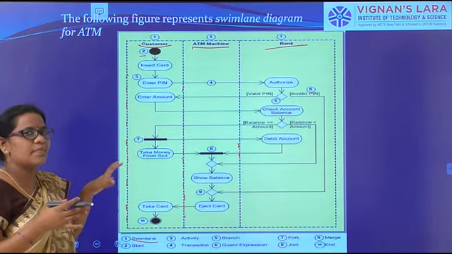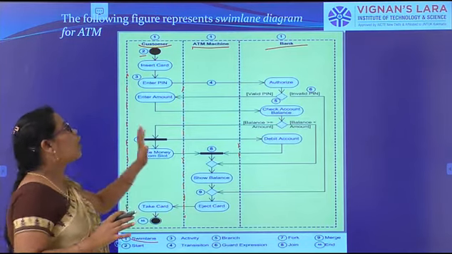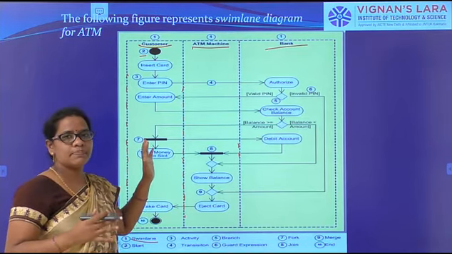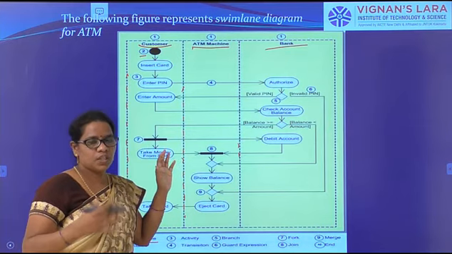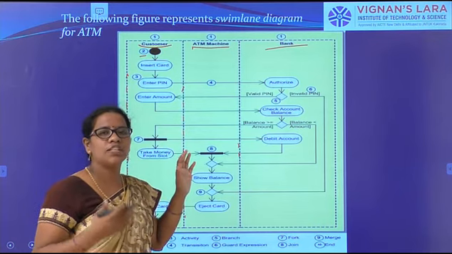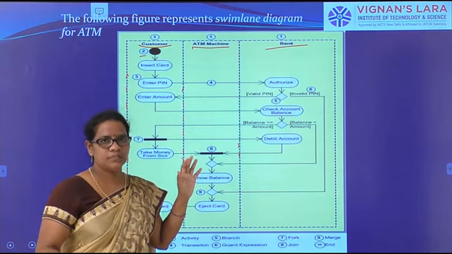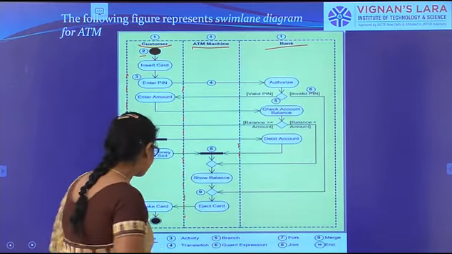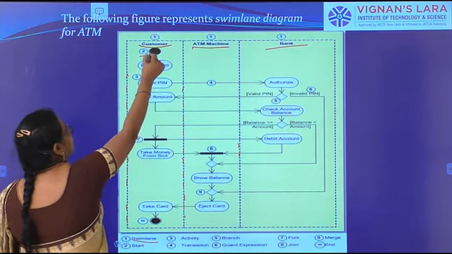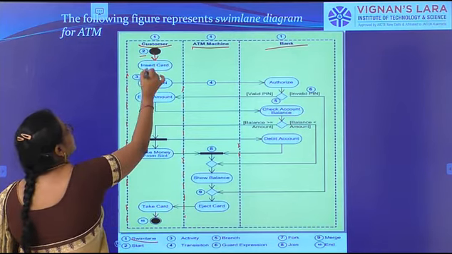So the diagram is similar to the activity diagram. The only difference is that we represent all the participants who are included in the transaction. If you are interacting with one system, it is not only the system and the user; there will also be a backend. Here, with the ATM machine, the bank is the backend. So first we start from here. What do we do? First we insert the card.